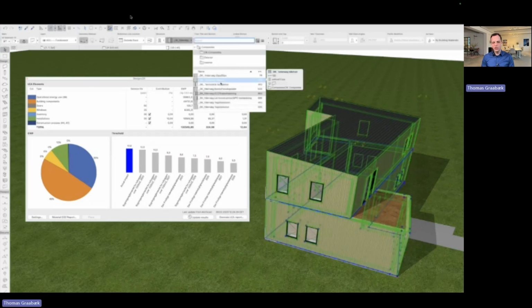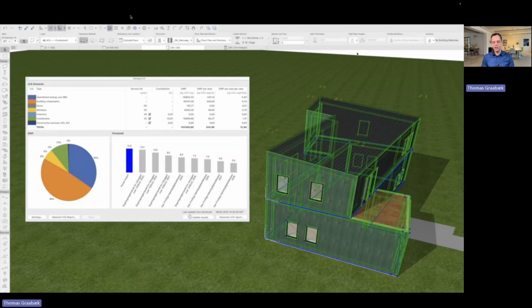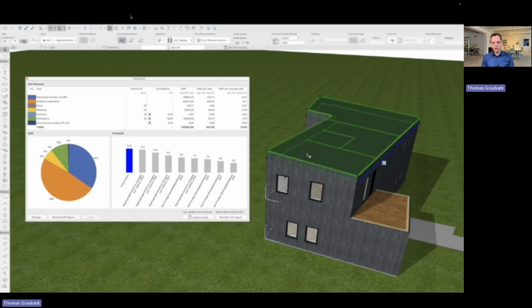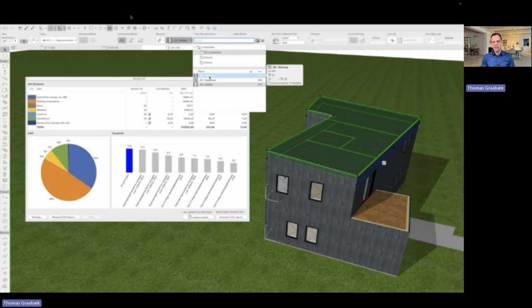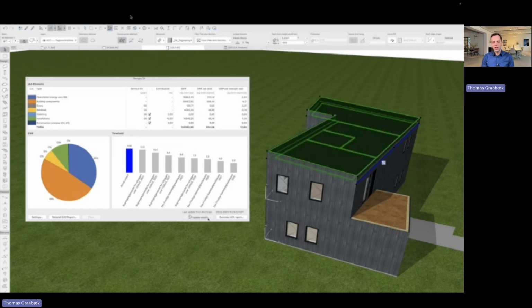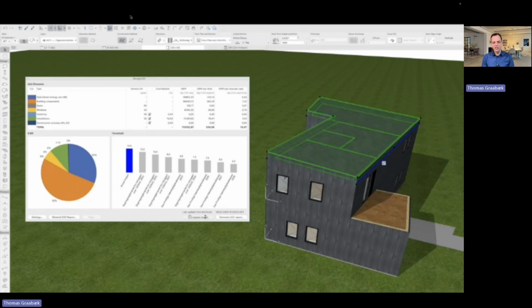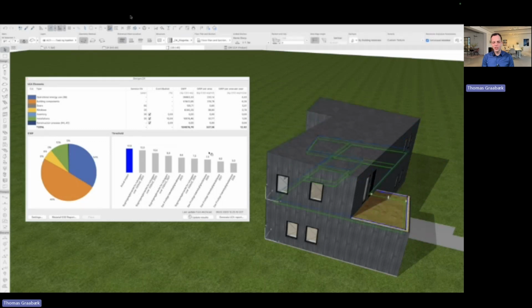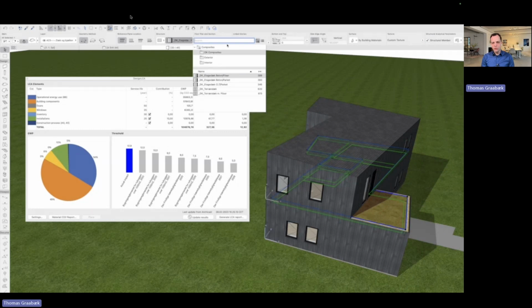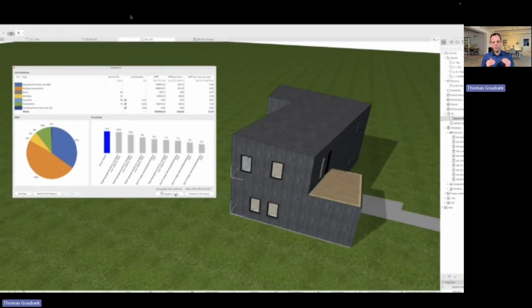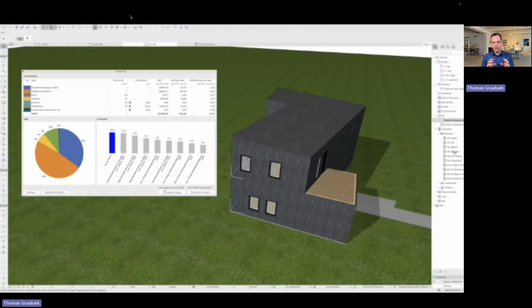I change it again now, and I test different kinds of structures. This is a massive wood CLT, cross-laminated timber structure with an outer cladding of wood. I can change my roof composite. This one went in the wrong direction and had a larger CO2 footprint. So let's go back to the one I had before. I can change my slabs also to CLTs. And then I can slowly change my project so the CO2 footprint just gets lower and lower.